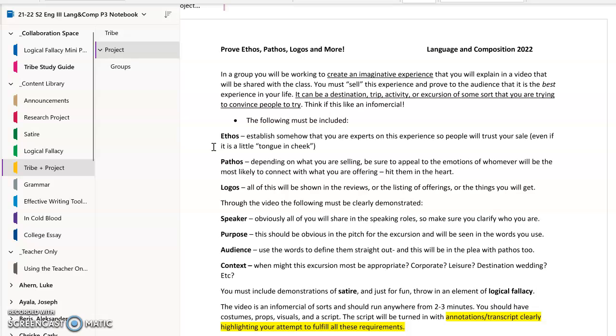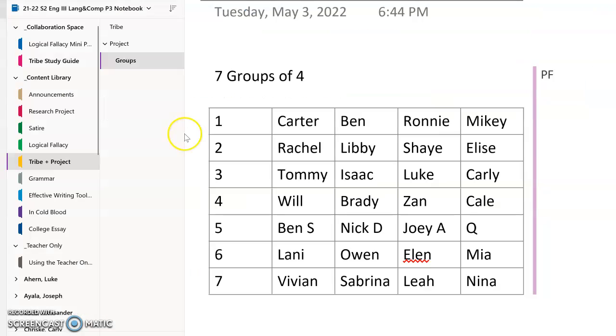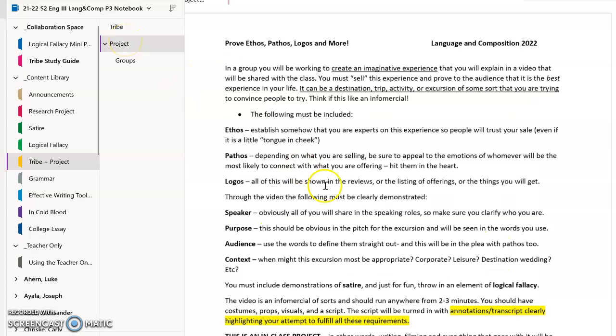And so we have created a type of in-class project where students will be creating an infomercial, and they will be showcasing their understanding and comprehension of rhetoric as a whole. So to do this, I put the groups into 4 members, and in those groups, those students will be showcasing their understanding of all of these main points, and they can be using things like costumes, props, visuals, a script, and really the script is what makes this a little bit more accessible,